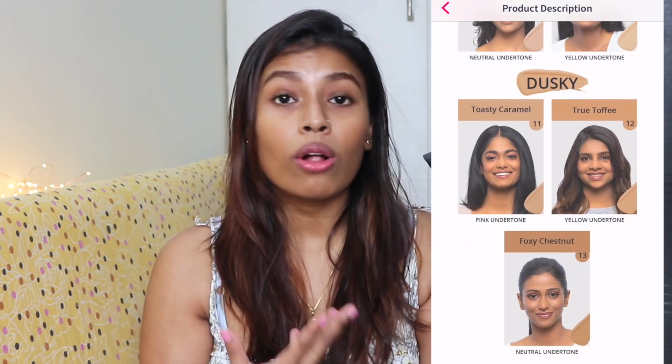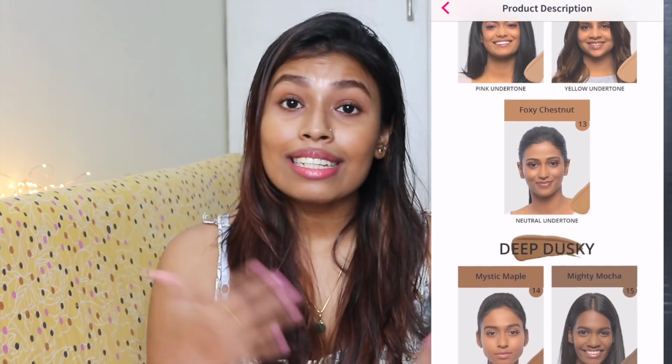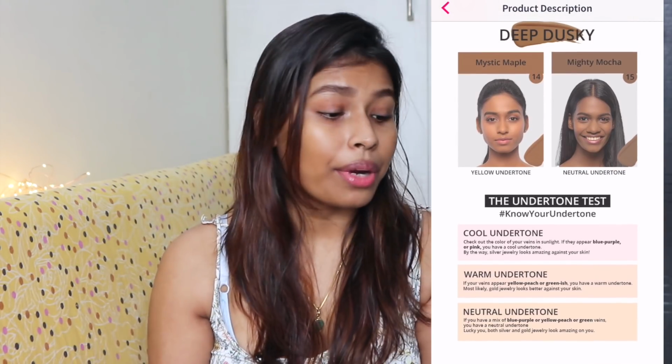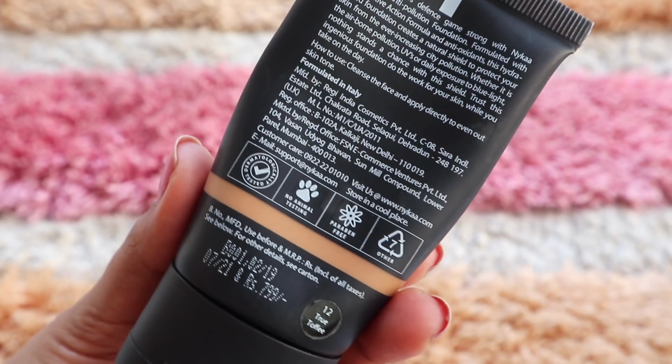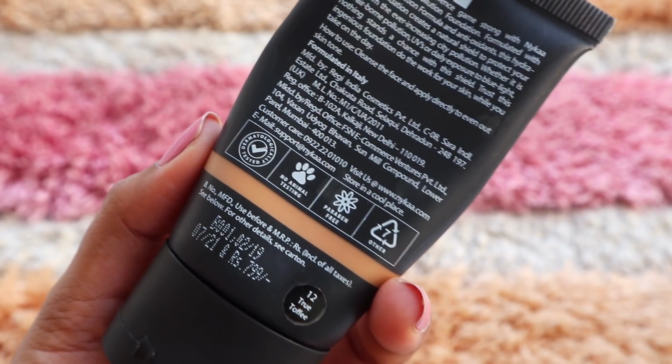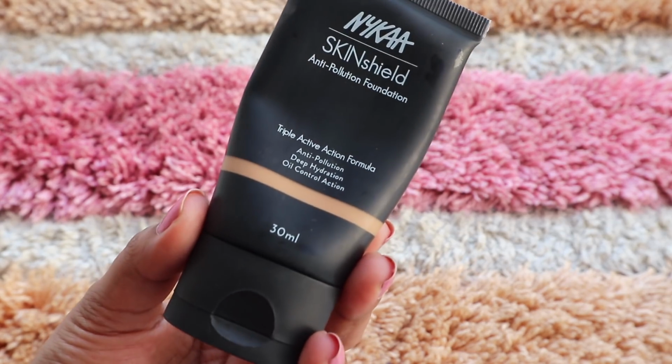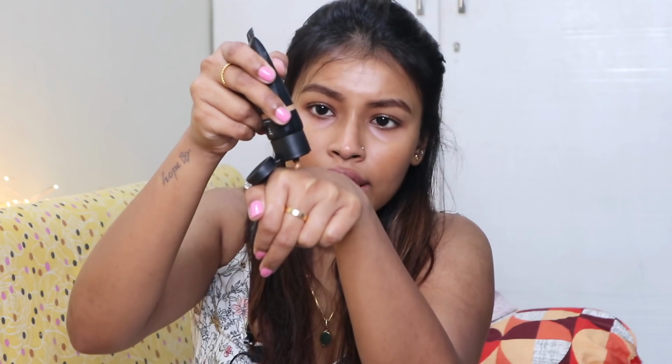But in this range, they have also added shades for dusky, dark, even deeper skin tones as well, which is really great. And this foundation is also paraben free, cruelty free, as well as dermatologically tested. So yeah, that being said, let's just jump right into the demo of this foundation. Okay, so this is how the packaging looks like. So I'm gonna take